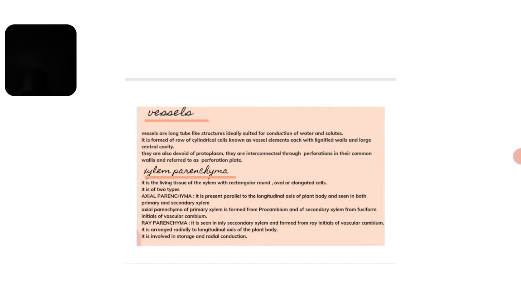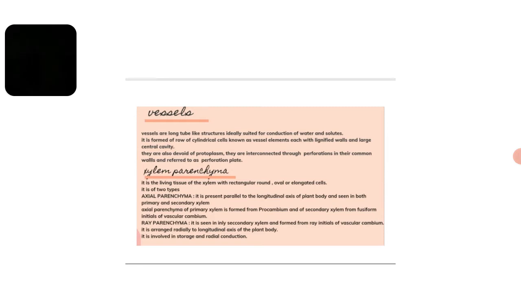So first, the tracheids are elongated structures with tapering ends. They are very hard but not very thick. They are lignified. They are dead cells. When mature, the wall material is deposited in the form of rings. The thickening is described as annular. Sometimes the thickening material is deposited in a ladder-like manner. Such a thickening is called scalariform.